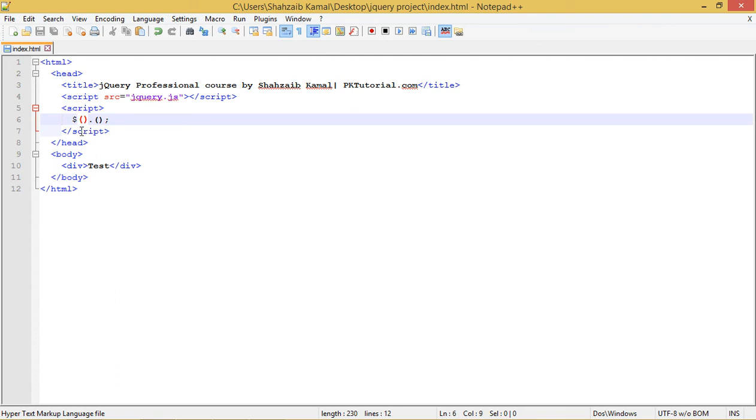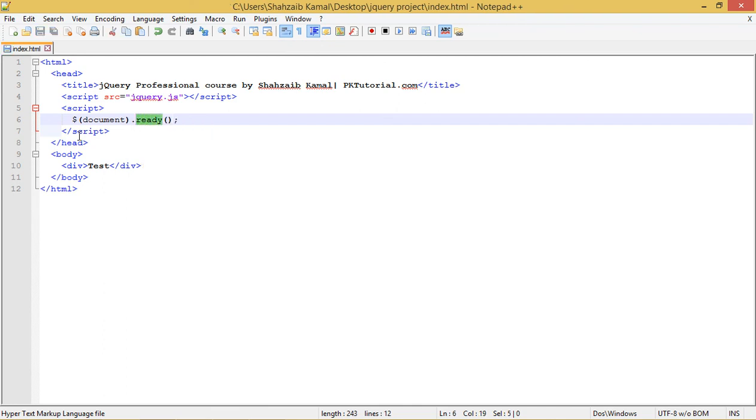So there I'm just gonna address the selector, and the very first selector is document, which is necessary to type. Okay, so then document.ready.